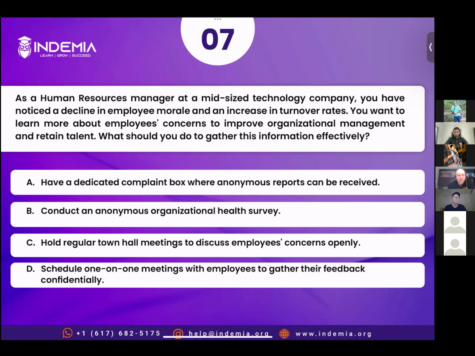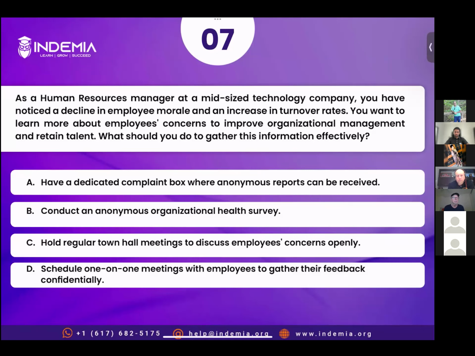Vivek, you have chosen option D. Yes, as per the PMI's principle of having direct communication, how will it actually help to resolve the issues. So that was one reason for choosing option D. The other options will not give the correct results, and also consider the amount of time, town hall or anonymous health surveys. So that could not have gathered the correct data. So that's why I inclined more to option D. All right. Thank you for the explanation.